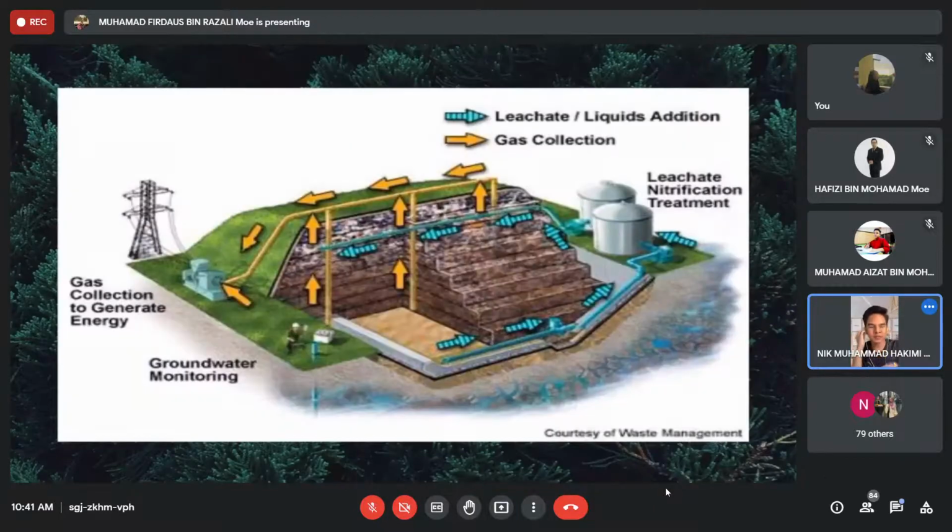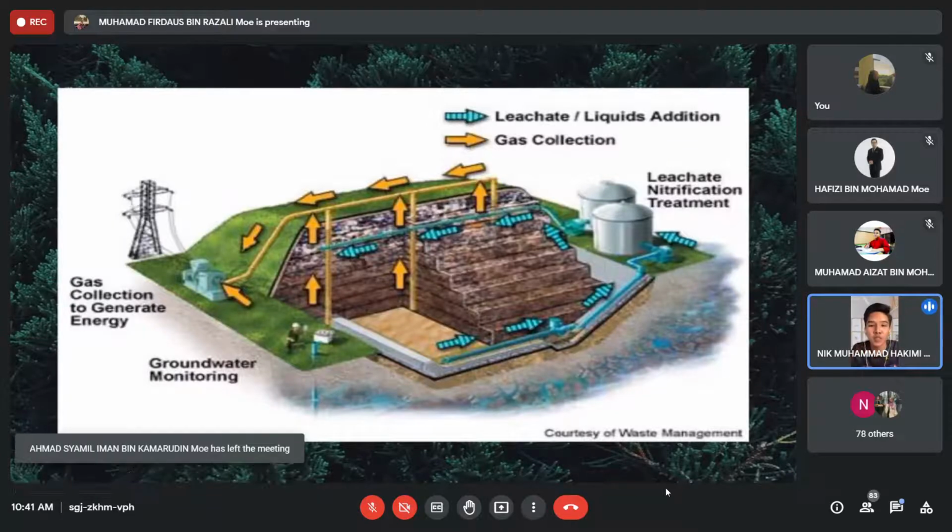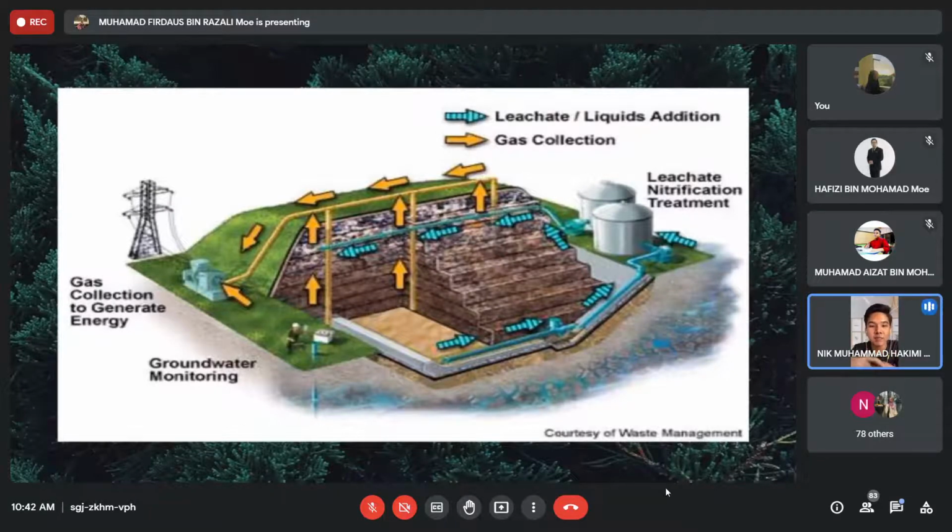Okay, next slide. Okay, so if you can see the diagram, this is what we call landfill gas recovery process, or known as LFG process. Yes. Okay, so what is LFG process? LFG process is a process of collecting methane gas from a deposited solid waste. So deposited solid waste dekat sini maksud dia sisa pekerjaan yang termendak, yang tersimpan. Dia simpan dalam satu kawah. Okay, I will explain to you macam mana diagram ni boleh terhasil.